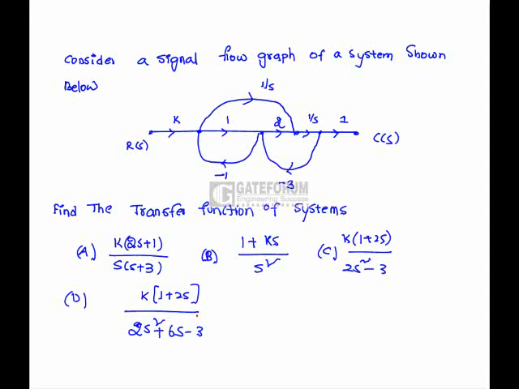Consider a signal flow graph of a system shown below. Find the transfer function of the system. Okay, we have to find out the transfer function from the signal flow graph using Mason's gain formula. That is, transfer function is nothing but, first forward path is 2k by s and second forward path is k by s square,